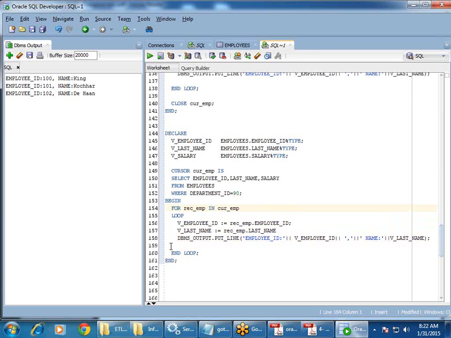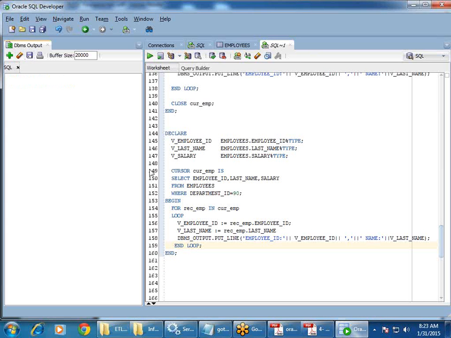So always you can prefer to use the for loop, because you don't need to do anything. If it is a basic thing, you need to use it and come out of it. So it's always preferable to use a for loop when you're going with cursors. It also prints the same way. It's just that I have used a for loop to